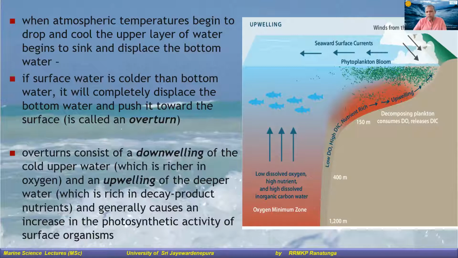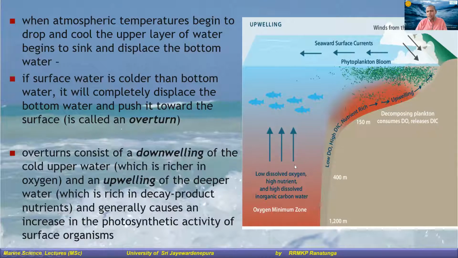Right, so this can happen in the coastal zone as well as the deep waters. The same phenomenon can happen even in the deep ocean, resulting in upwelling and downwelling. And not only surface currents, but deep water currents also will result in this kind of upwelling situation, bringing